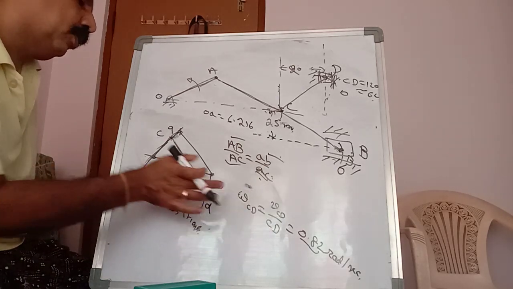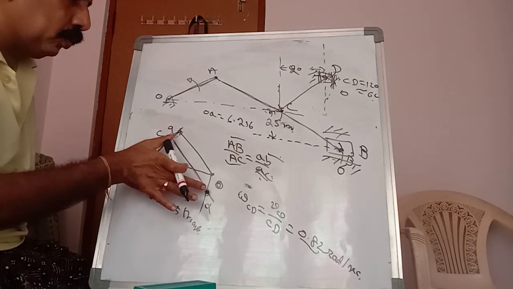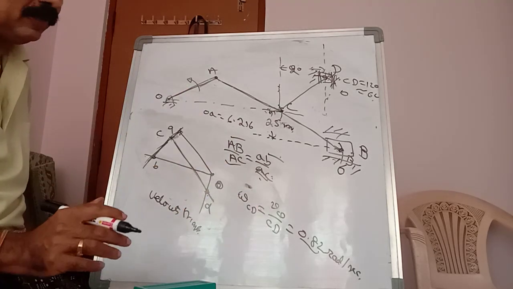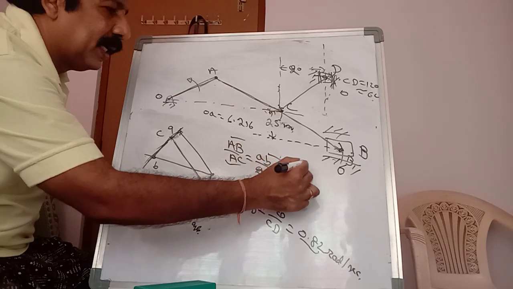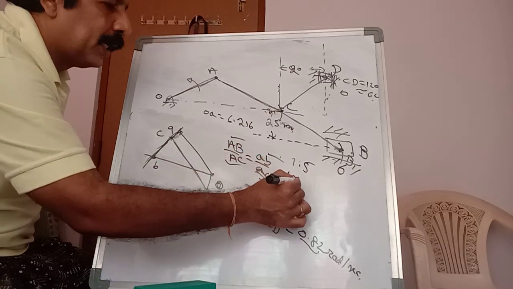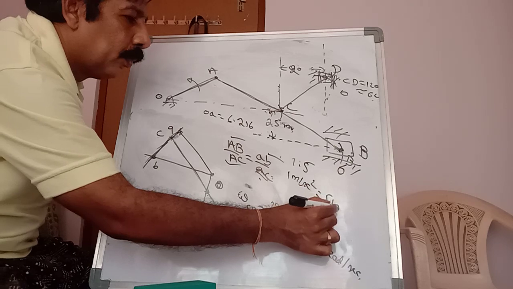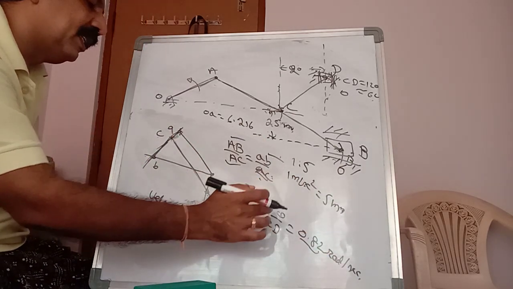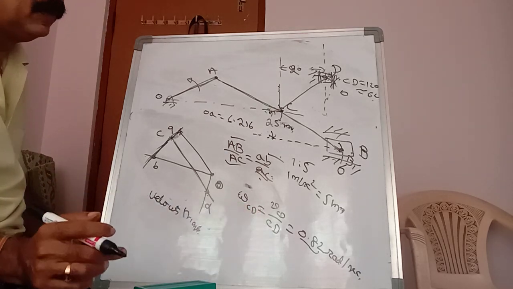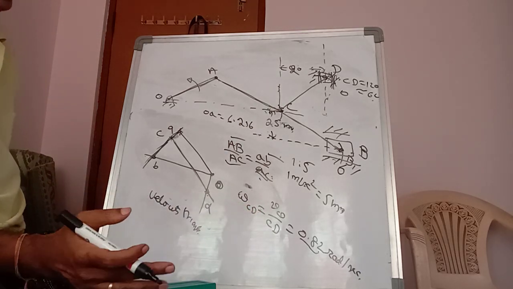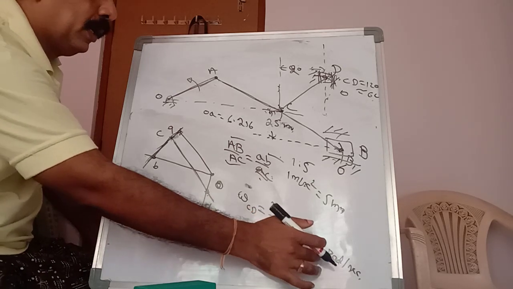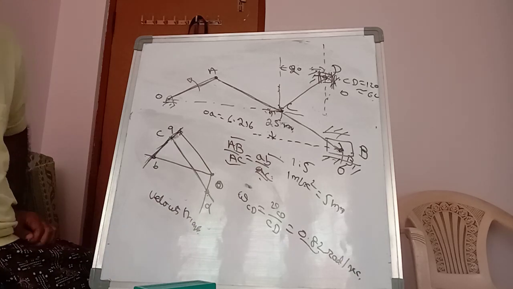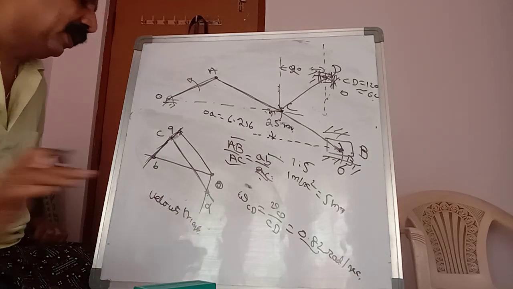For VCD, you have to measure it and divide it by 5, because initially we are taking the scale for this diagram as 1:5. That means 1 meter per second is equal to 5 mm. Therefore, the value you are getting, you have to divide by 5. That is the VCD, VCD by capital CD. Capital CD is equal to 120 mm, that is 120 by 1000, 0.12. So I am assuming its value is approximately 0.82. That is omega CD, the angular velocity of the link CD.